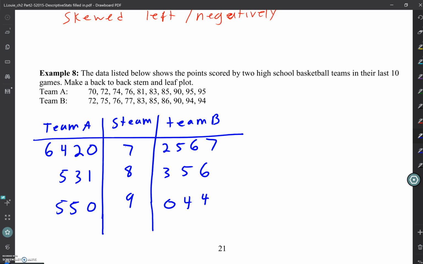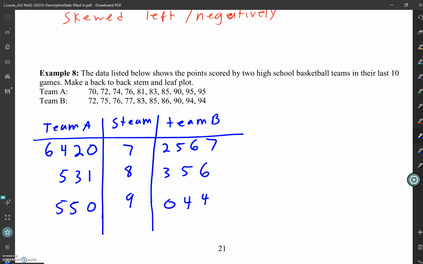Questions on that? What does this tell you? This kind of gives me a chance to compare the teams, and if you compare their wins or their points scored, what would we say about them? They're pretty comparable, right? So it just gives us a condensed way to look at their scores and